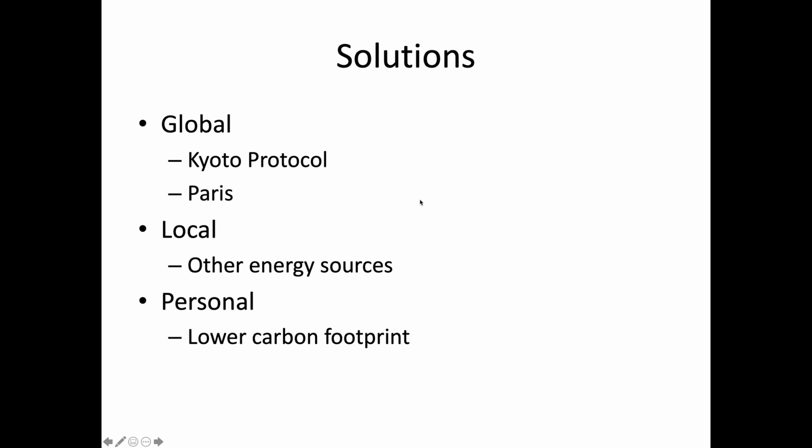So some solutions to climate change. And of course, this is a big issue in the current political campaigns, right? The Democrats have a Green New Deal where it has some pretty drastic measures to really, really combat carbon dioxide being emitted into the atmosphere. There was a Kyoto Protocol in the 90s, the Paris Accord, which a lot of countries signed. Our country backed out of it. It was non-binding though, so it was just so to speak an agreement. There were no penalties if people didn't abide by it, but it's very symbolic to not be a part of that because this is not just one country, this is the world. Okay,